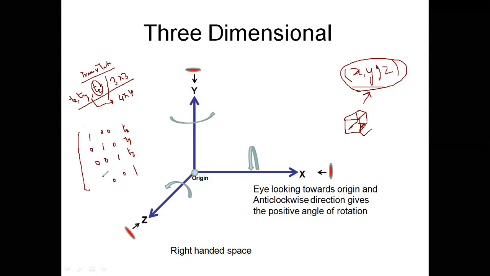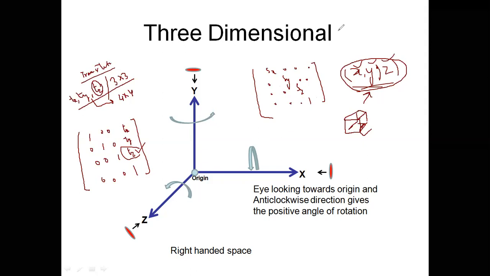It is very easy to understand. Only the third parameter is introduced, the depth parameter or z parameter. Any three-dimensional point will be represented by three values, x, y, and z. Likewise, if I write the scaling matrix, you have the diagonal values sx, sy, and now the third parameter is sz, the scaling factor, then 1. The rest of the elements will be 0. So it is also a 4 into 4 order matrix.